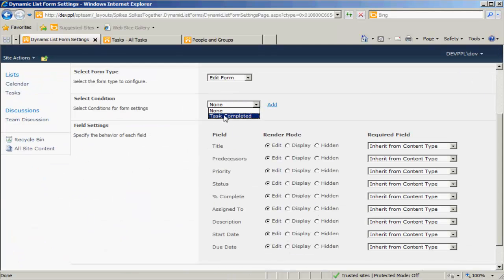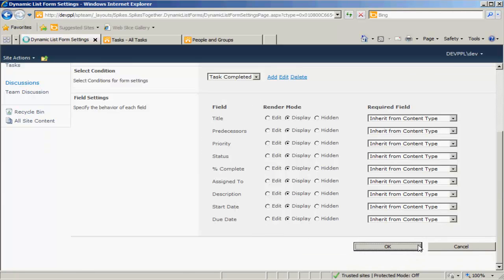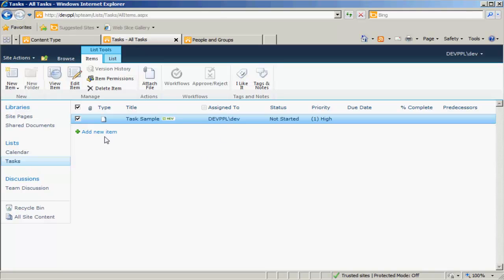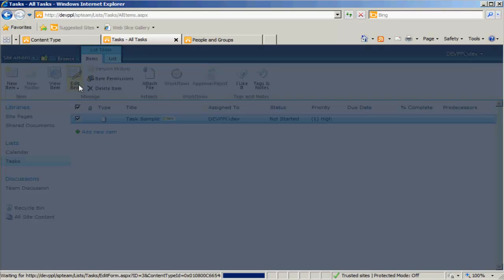So now we can use this condition. We're specifying that for the edit form under the task completed condition, we're going to set all these fields to display mode. So click OK right now, and we go back to our task list. If we edit this task,